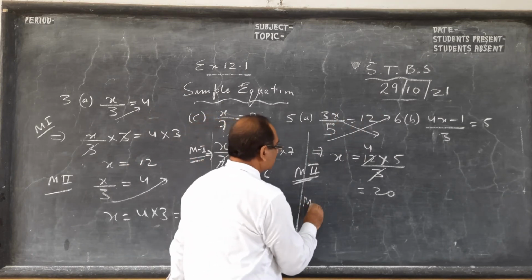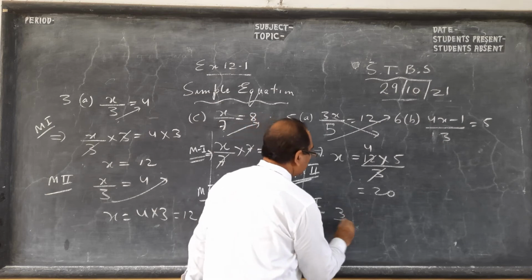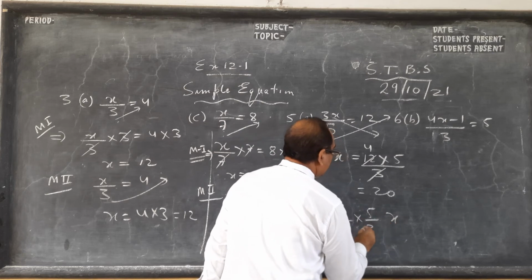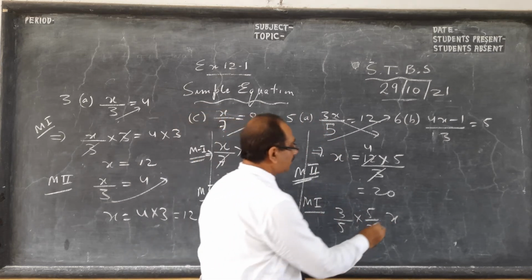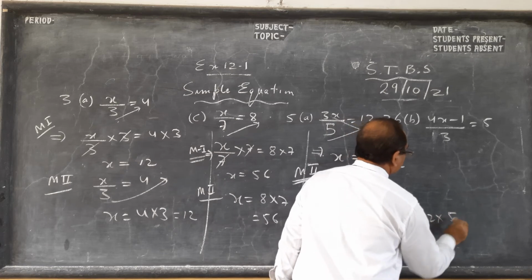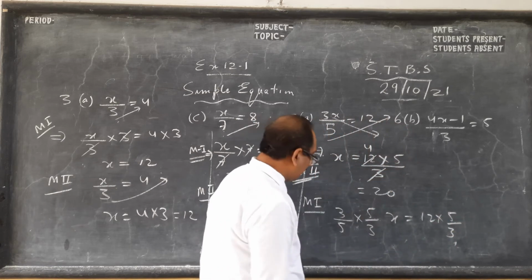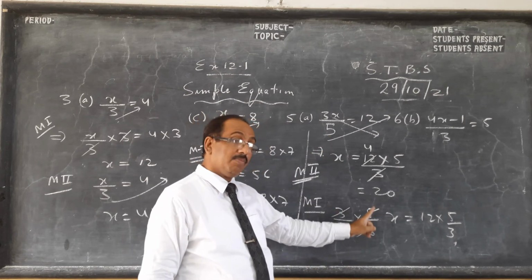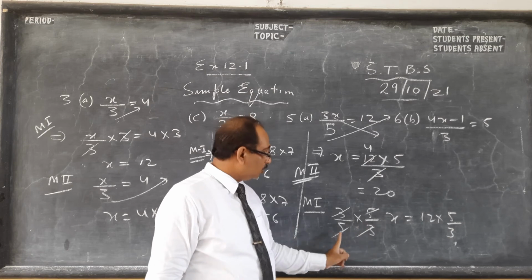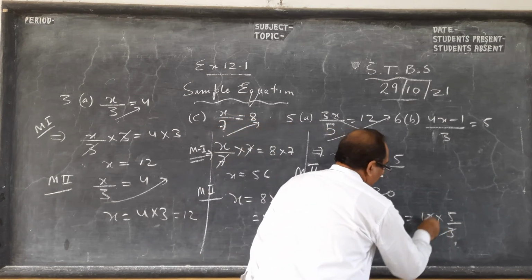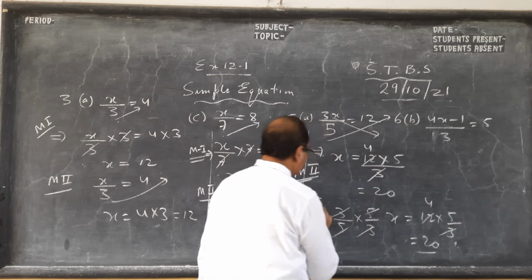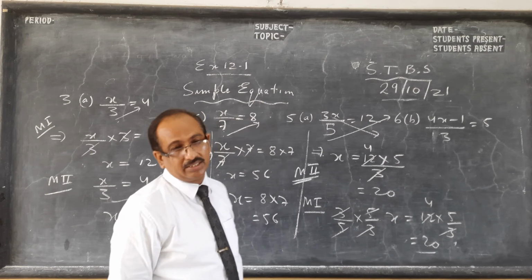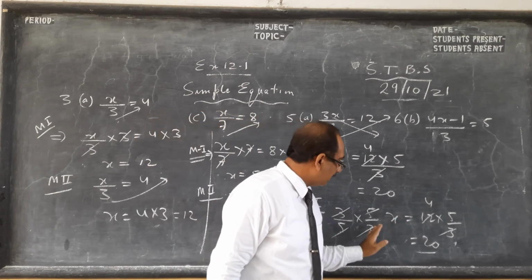This was the transposing method. 5 goes up, 3 goes down. But if you say, sir, by method 1, what will we do? 3 by 5, we have to cancel. You multiply by 5 by 3, both sides. You will say, sir, why 5 by 3? See, ultimately the same thing happens on the right side. This side I want only x. So 3 by 5 multiplied by 5 by 3. This is called the reciprocal. So this side becomes x and this side becomes 20. So this is my method 1. Once more, to remove 3 by 5, you multiply by 5 by 3. Okay, so this side it cancels, this side it remains.